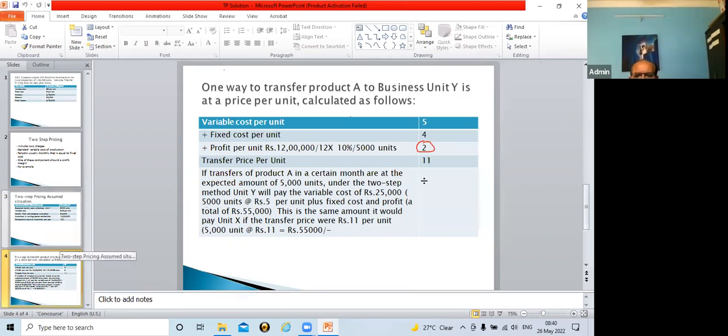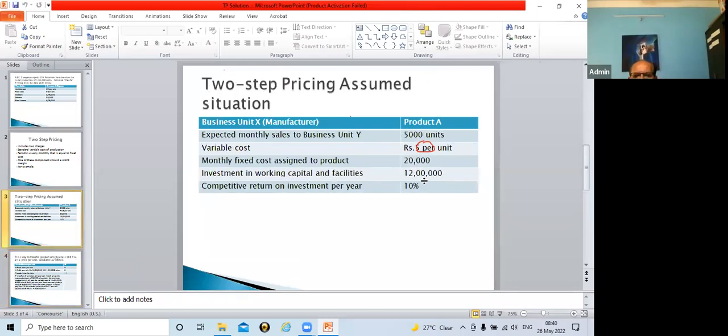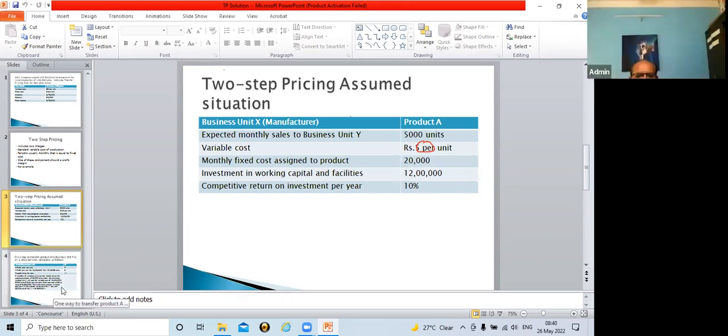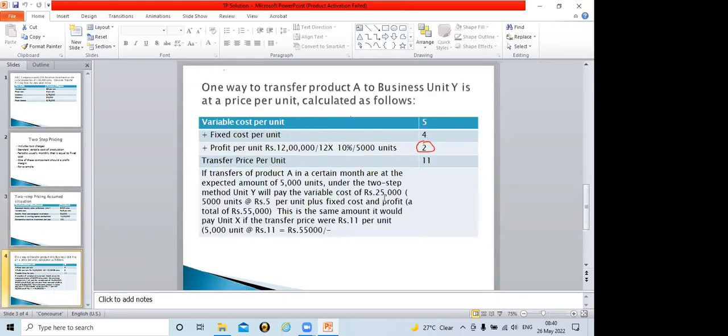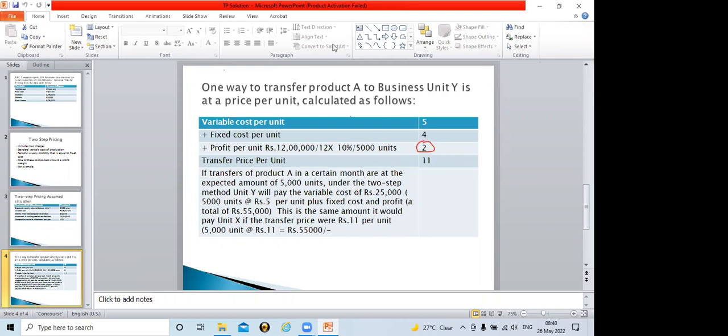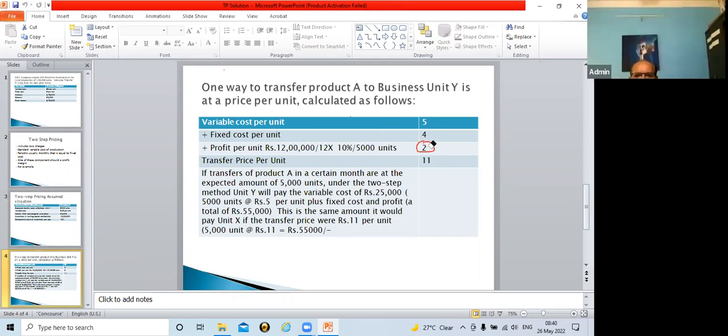10% on 12 lakhs of rupees. That comes to 1,20,000. This is for the year. So how much per month? Per month, 10,000. So 45 plus 10, how much? 45 plus 10, 55. 55,000. Right, here the total is rupees 55,000. Did you get it? Hello? Yes, sir. So it is 55,000. This is the same amount it would pay unit X if the transfer price were 11 rupees per